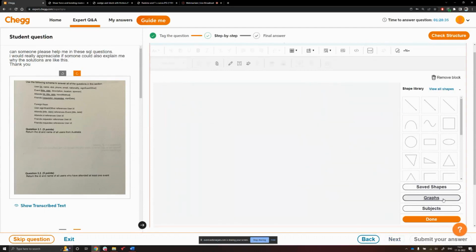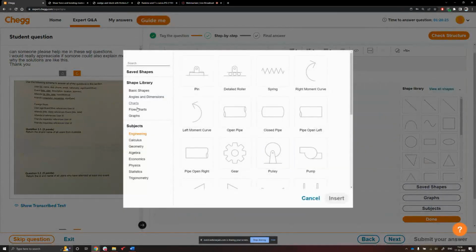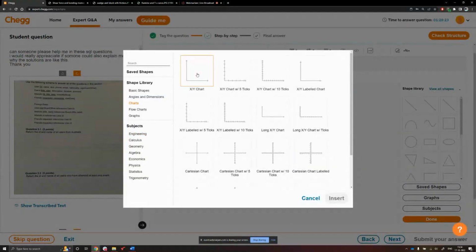So to draw a plot, first insert a curve. Just keep the curve here at the center, and then you want an XY chart. So you can always insert an XY chart or an XY chart with equal intervals from here, from the shape library.